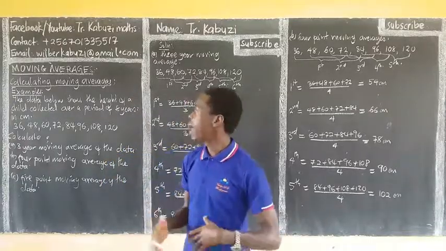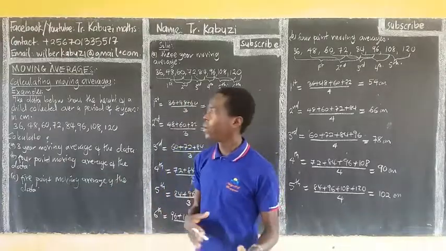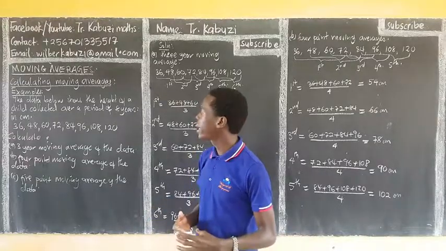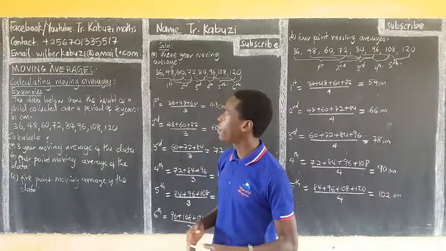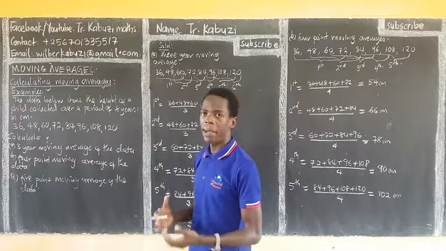Now, we have seen how we predict the trend and so on. Now we are going to see how we get the averages that we use to draw the line of best fit. Now, I'm going to use a simple example here, which is just to help us know